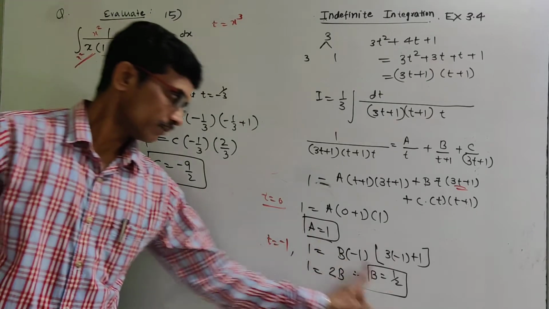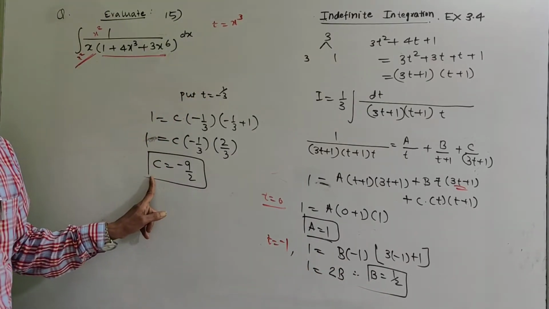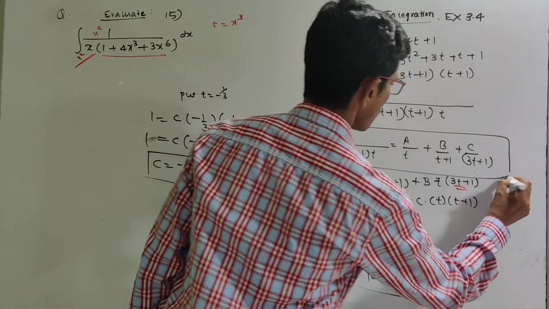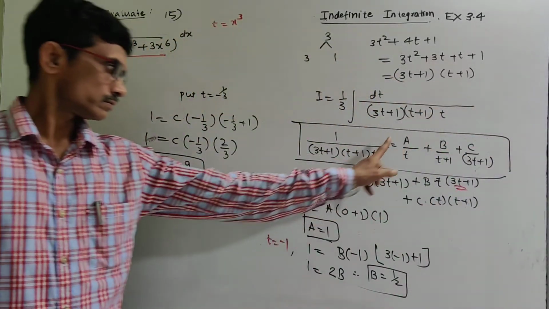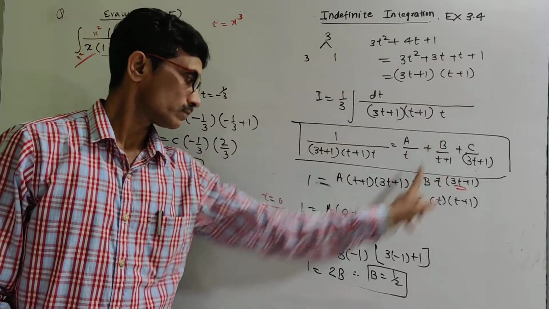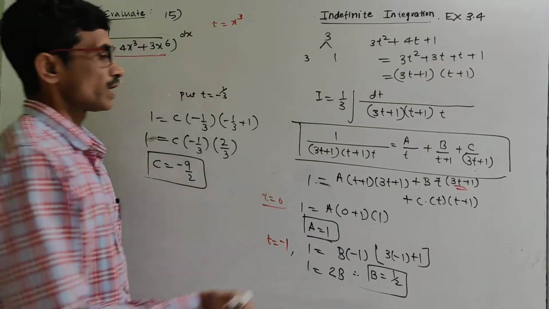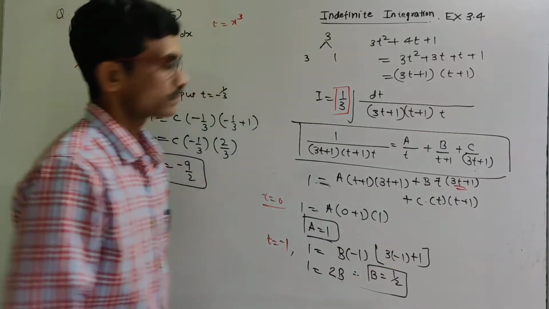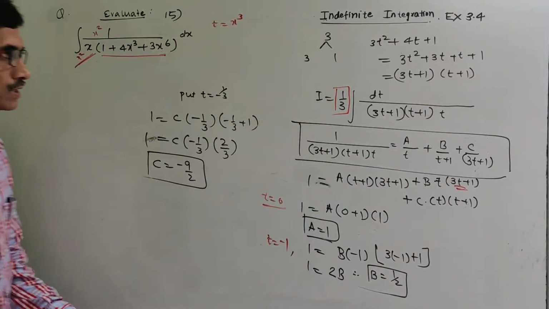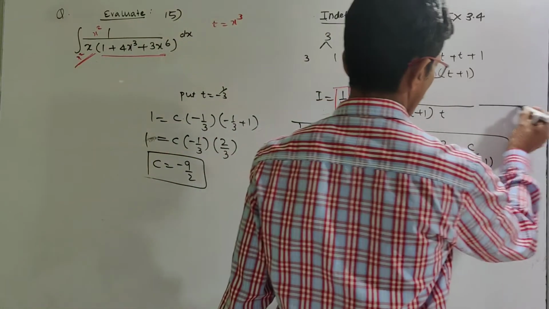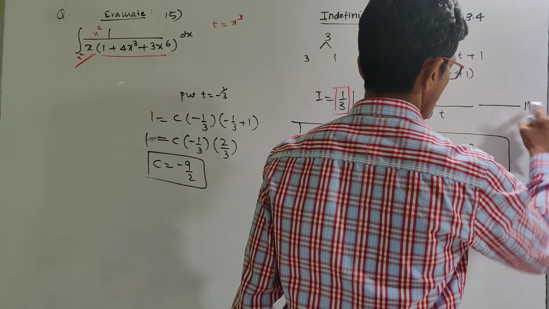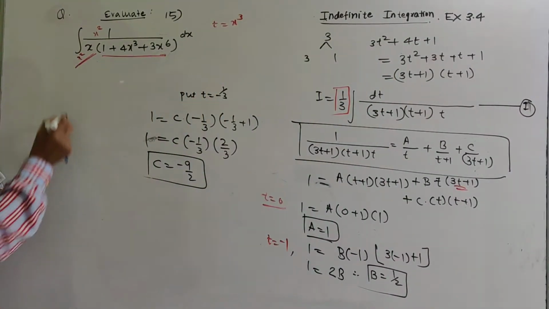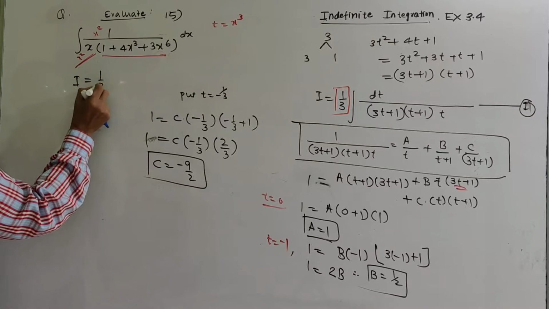So we are getting a, b and c constants. So we apply that over here. Here a is equal to 1, b is equal to 1 by 2, and 1 by 3 is multiplied to all, and integration of that. So therefore from this you can write it. So integral I is equal to 1 by 3